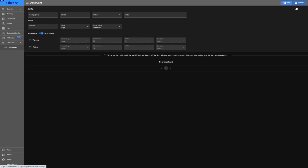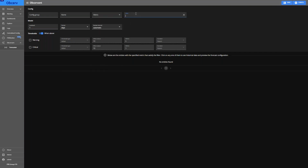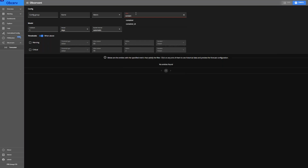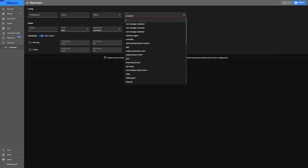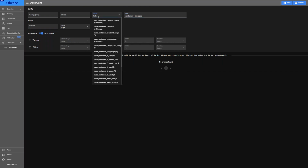Now in here, this is a new release of the Forecast app, and it has a threshold toggle here that you can choose above or below. So if we've got a metric, I don't know if we've got something that might be, let's take a look at containers. I wonder if we've got something useful here. There's timescale. Let's have a look at that. So if I find keep container